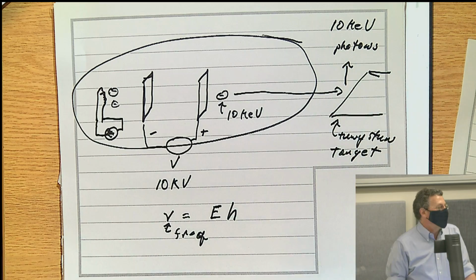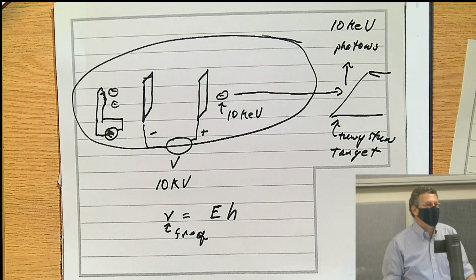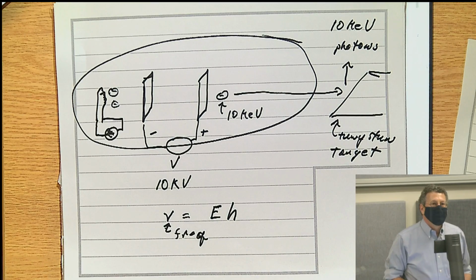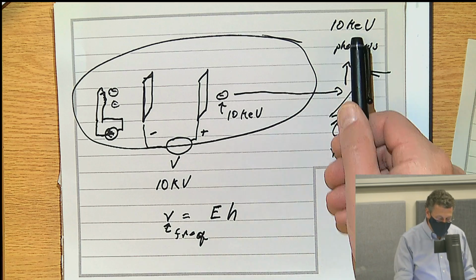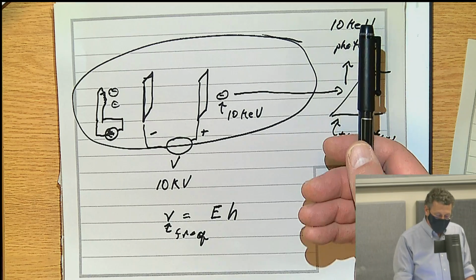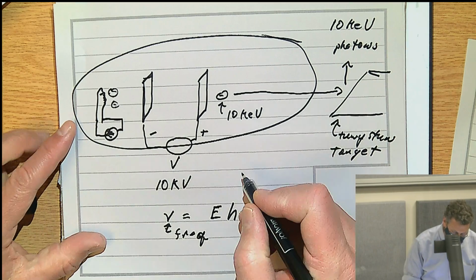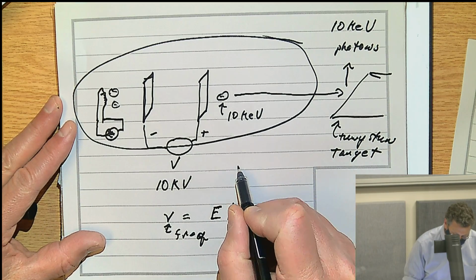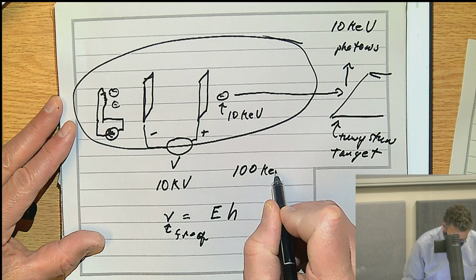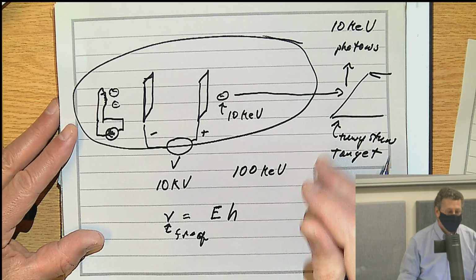But the point is, when you get to X-rays, people don't talk about wavelength anymore. You could. You could talk about, and then their wavelength would be on the order of angstroms, but they talk about energy instead. That's sort of the convention. And a typical X-ray for a medical application would be like 100 keV for medical.